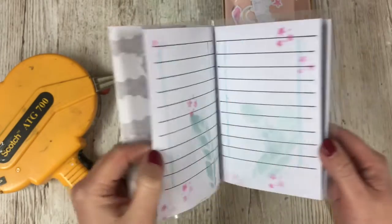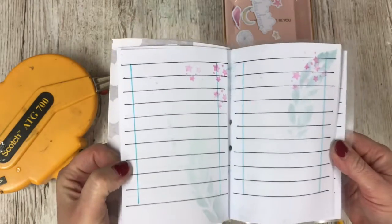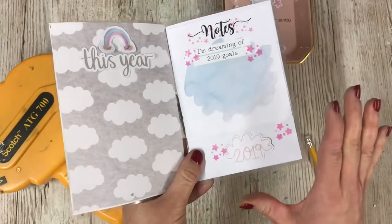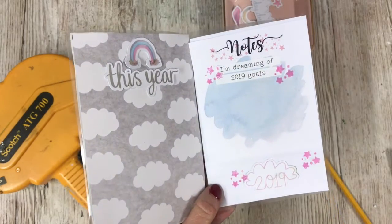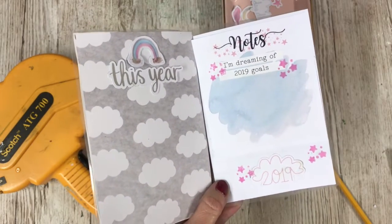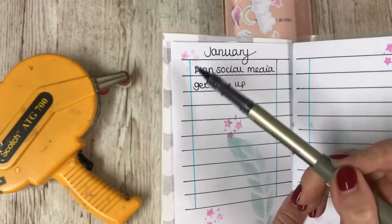I think it will be a really good way then to look back as time goes on and actually see what I'm achieving, because sometimes I think you kind of don't realize how much you're actually doing and how well you're doing. So actually having it in a book I think will be really good to look back on. Plus, I also believe actually sometimes by writing things down really helps you achieve more rather than just having them in your head. So I've just put the month, and I will continue this through, and then on this side